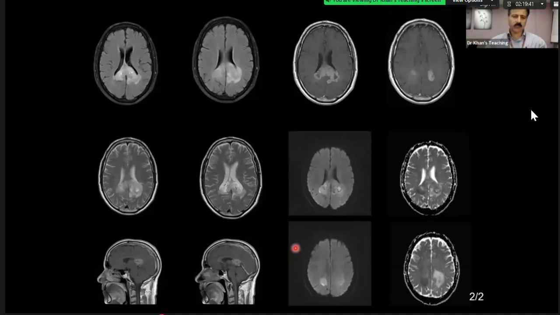So here there is a lesion which has a bit of necrosis, which was that low signal on CT. It enhances. A portion of it shows restricted diffusion. For example, if you see this portion, it shows restricted diffusion. Your differential was absolutely fine.